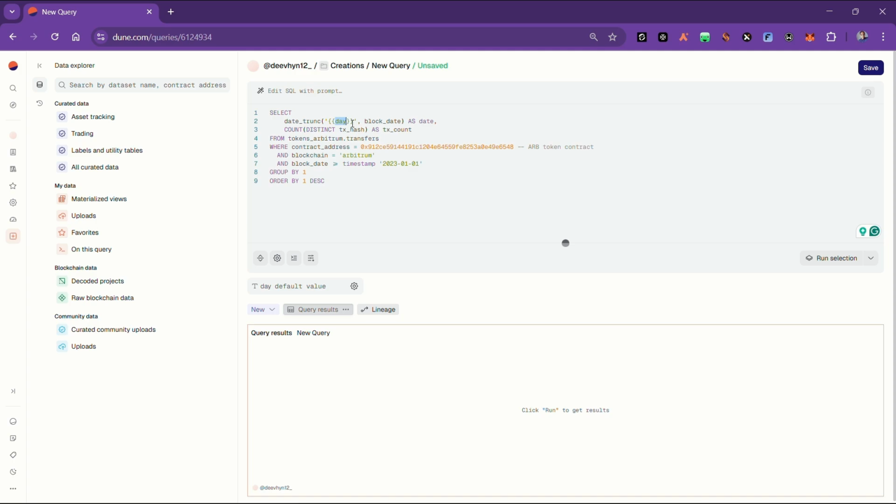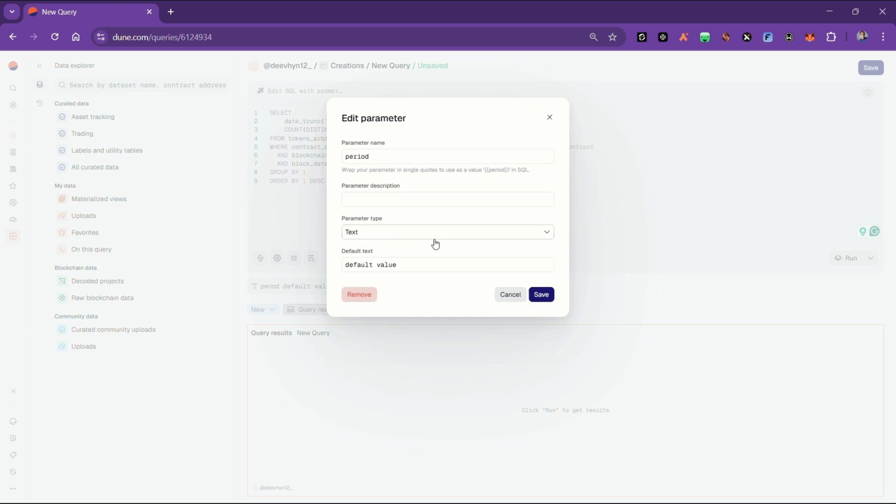Now I am going to edit. I want the name of my parameter to be period and not day, so I change it to period. So this is what is going to appear on your dashboard. When you add this query result or chart to a dashboard, you're going to have a small box on top of your dashboard that says period. Now how do we set it? You come over here. There are two ways to set it. You could have the text method where